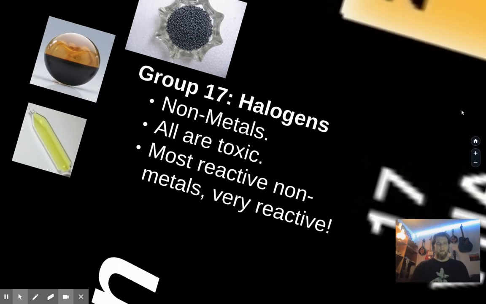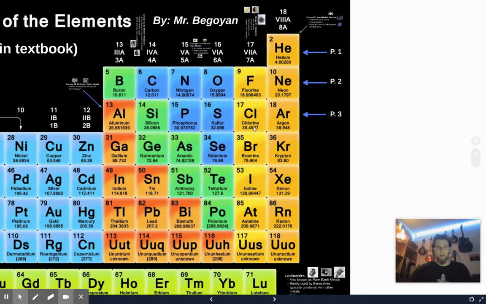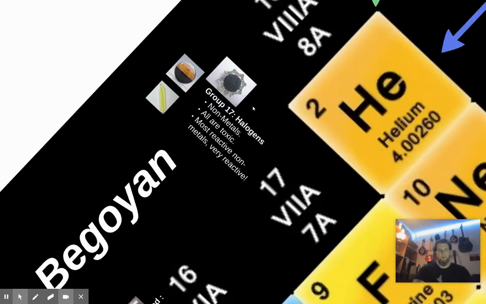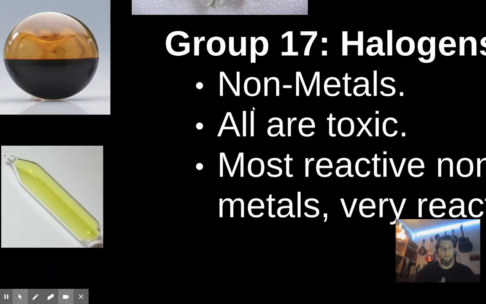And so let me hop back really quick so we can look at it. That's this whole group right here. So fluorine, chlorine, bromine, iodine, astatine, and then, that's a heck of a name, unseptium. How much fun is that? But anyway, chlorine, very poisonous gas. Bromine gas, deadly. Fluorine gas, deadly. And so these are very, very reactive. And that's what makes them so dangerous on their own. But like I said, if you chemically combine them, they can be totally safe.